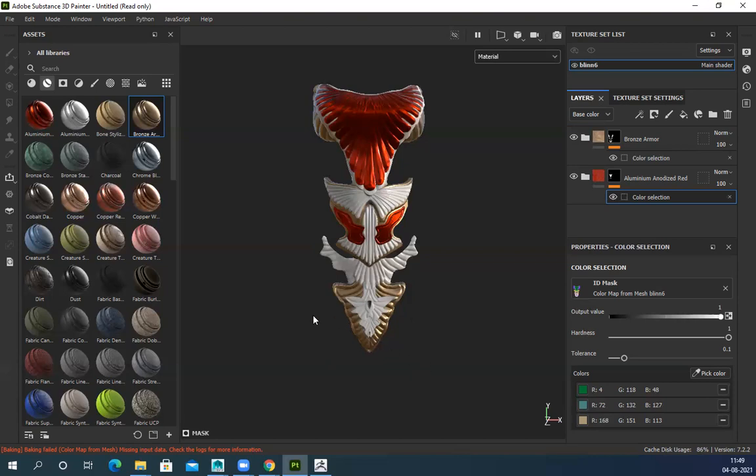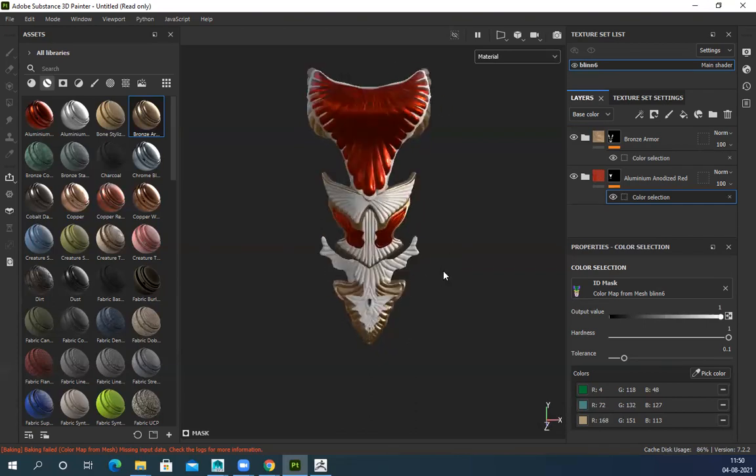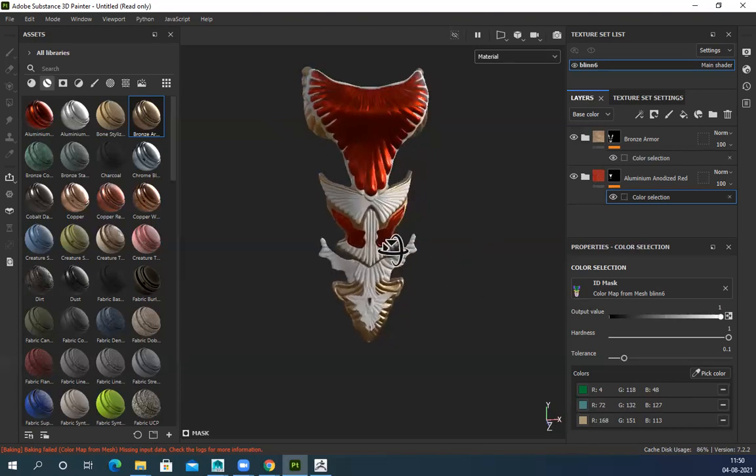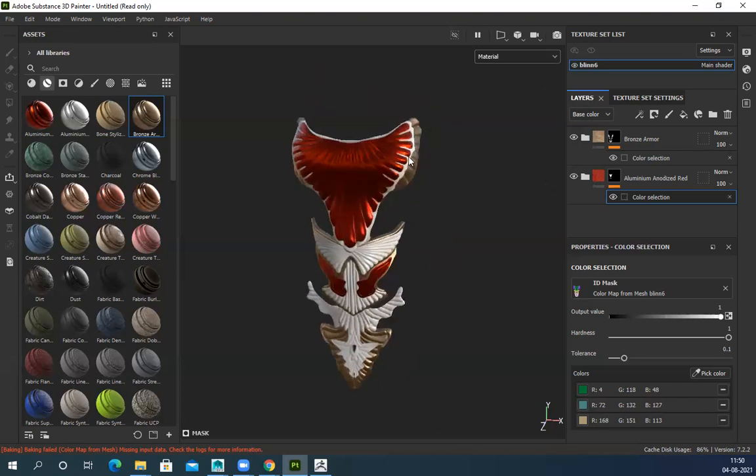Then you bake all the information and ID map. Then you can select those areas, and if I want to apply leather, metal, or skin or anything, I can apply it directly with selection. So it becomes super easy for you, and texturing becomes very easy, because Substance texturing is very easy, but you need to follow the process and have all the maps, like ID map and all those maps. Otherwise, it will be difficult. So this is how we do it.